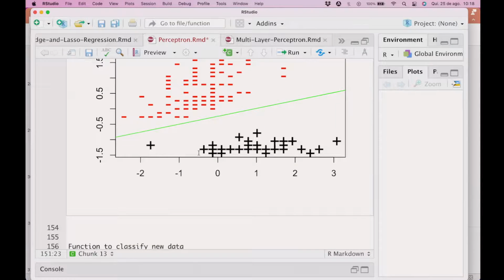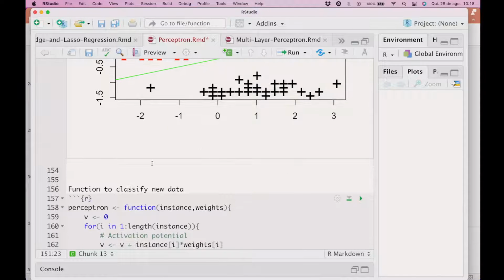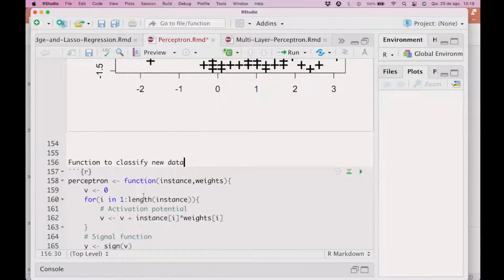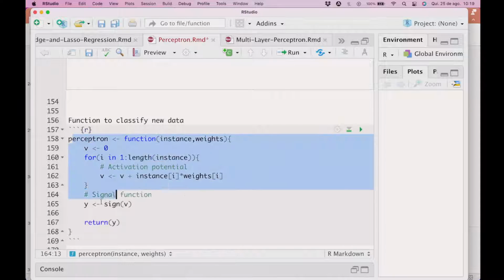Good. So what we are going to do now is we are going to classify new data. Okay, we are going to construct a function here that I'm calling Perceptron that